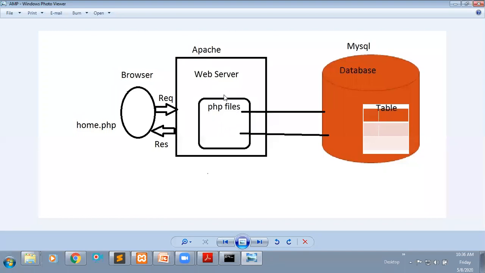They will insert your total marks within this database. Then they will create one more page for showing your results.